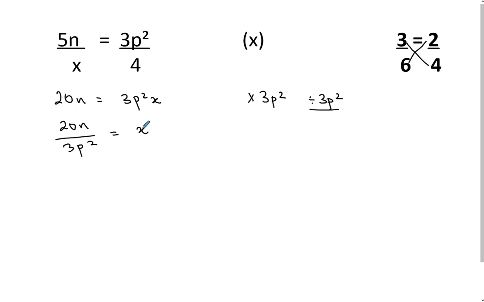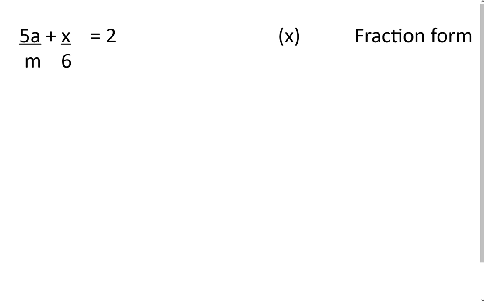Let's take some fraction formats to show you that even the fraction formats are quite easy. Here, if we were adding two fractions, then we'd find the lowest common denominator, but in this case, it's just the common denominator. So we'll multiply 6 times m, and we've got 6m. So that becomes the denominator. And then we ask, what did we multiply m by to get 6m? And of course, it'll be the 6. So you can see there's that element of cross multiplying. So you've got 6 times 5a is 30a. And what did you multiply the 6 by to get 6m? So it'll be the m. So we've got mx